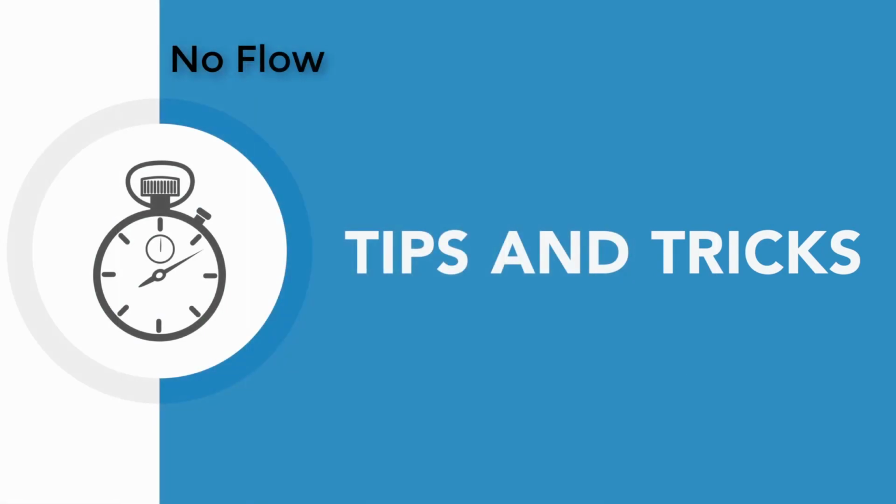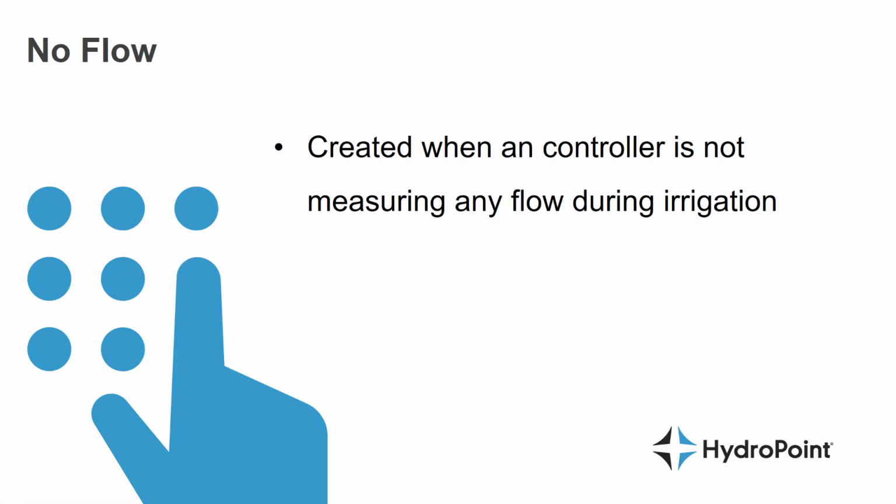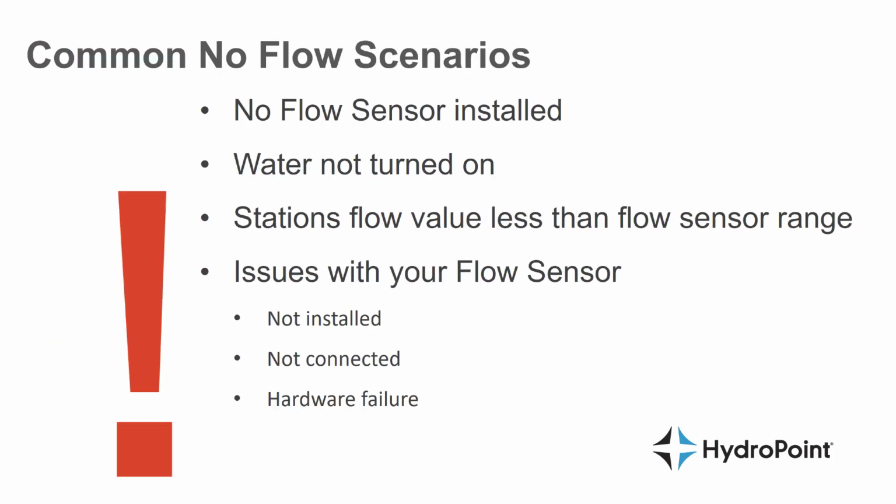No flow. A no-flow alert is created when a controller is not measuring any flow during manual or scheduled irrigation. So a no-flow alert is created when the controller is expecting to measure flow and isn't measuring any. If your irrigation is being interrupted by no-flow alerts and you don't have a flow sensor installed on your system,